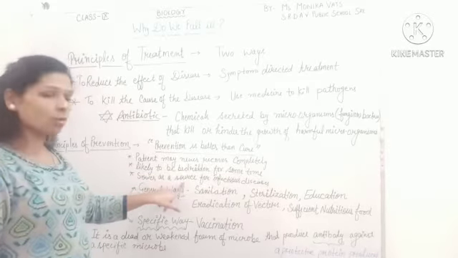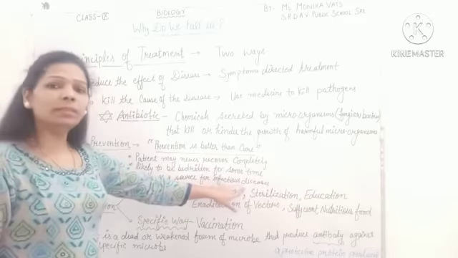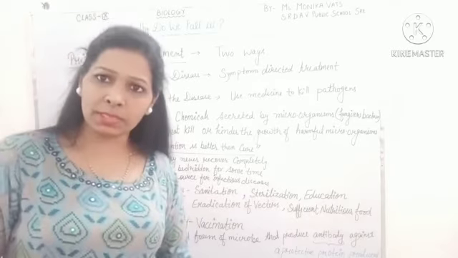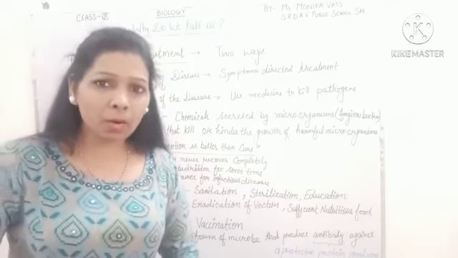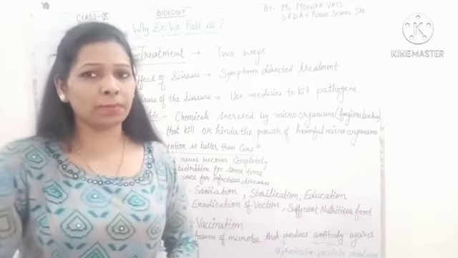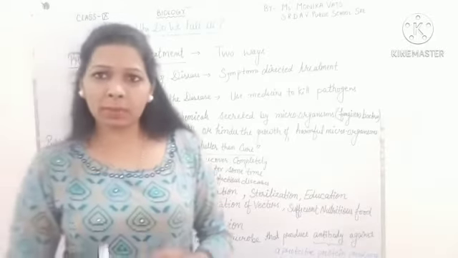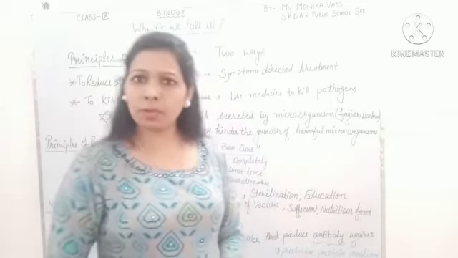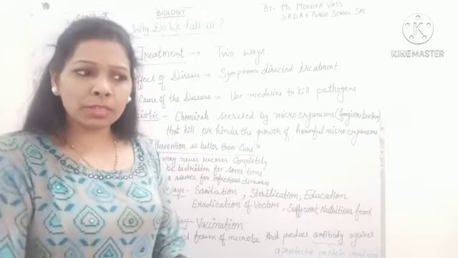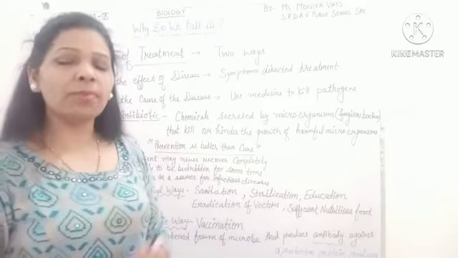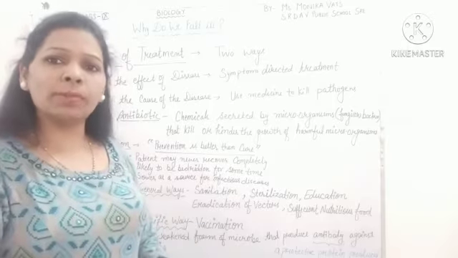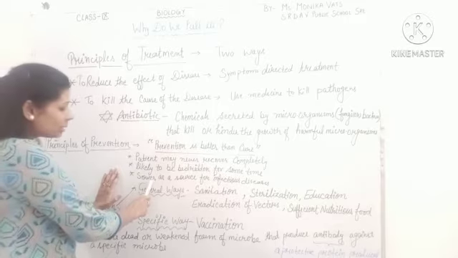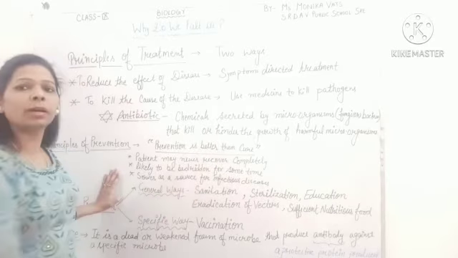Serve as a source for infectious diseases. If a person is suffering from infectious disease, that particular person can also transfer that disease to a different person. That means that patient becomes a source to transfer the disease to the healthy person. Like in the case of corona, why is a corona patient to be isolated from the others? Why that patient has to be isolated? Only because of one reason, that patient serves as a source for that corona disease.